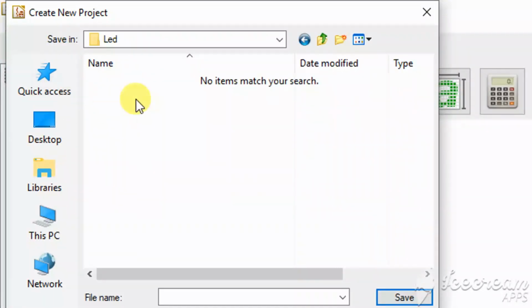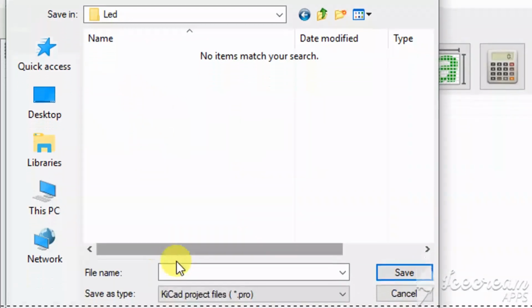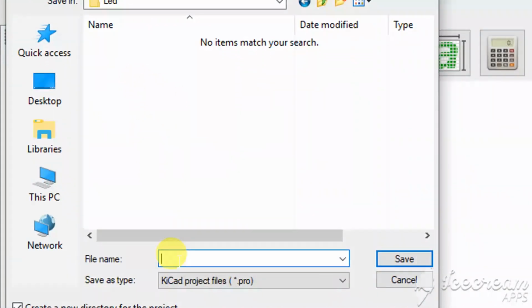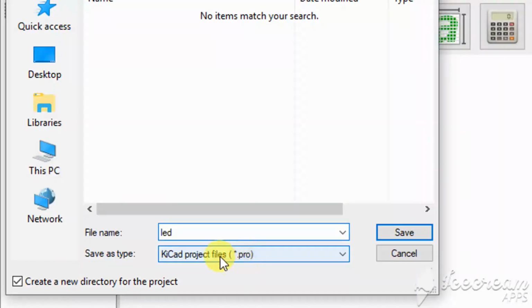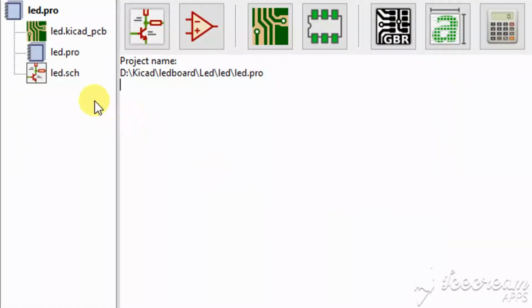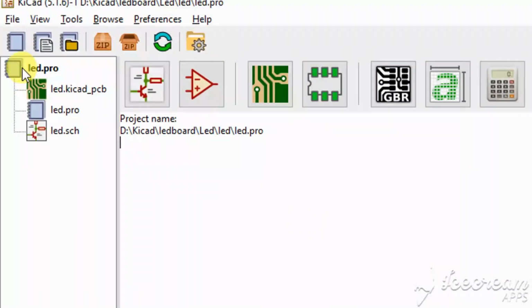Double click this new folder and type your file name, project name, LED. The save as type is .pro. KiCad automatically takes this .pro. Next click save. This LED project is created.